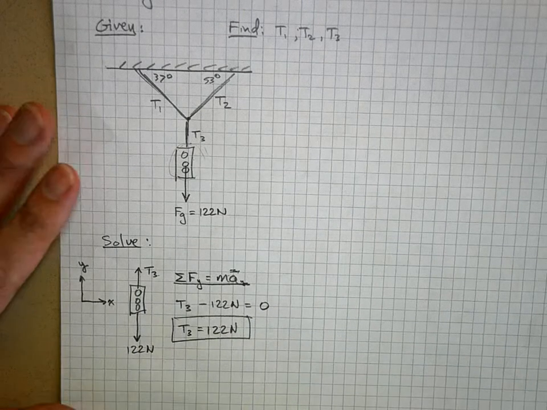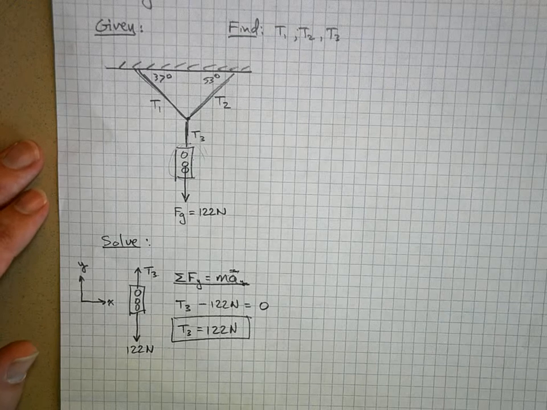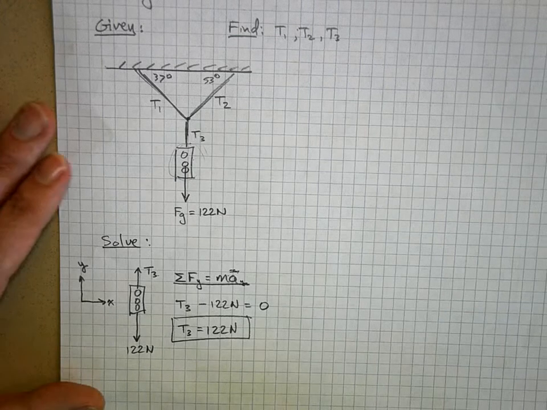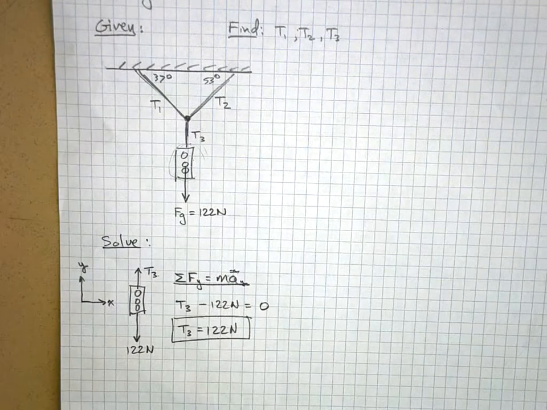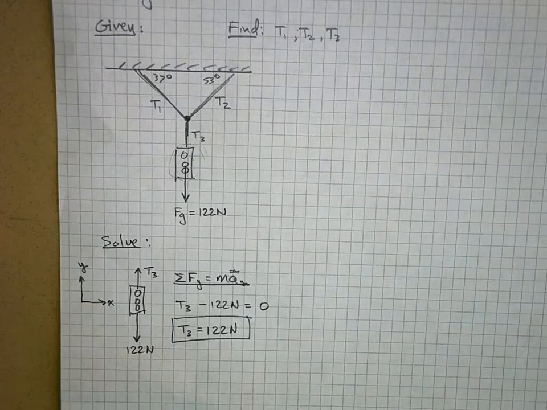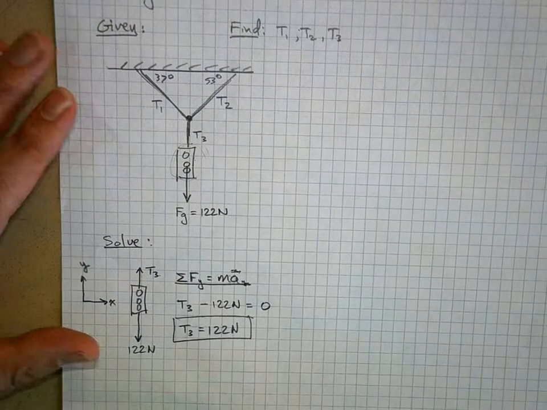Now, this free body diagram does not include T1 and T2. So what am I going to draw a free body diagram of next? Right. I'm going to draw a free body diagram of the knot. Now, the knot doesn't have very much mass, does it? But it doesn't matter. It's not being accelerated. Acceleration is 0, so the mass goes away. So you can just draw a free body diagram of that. And that's a good thing, because